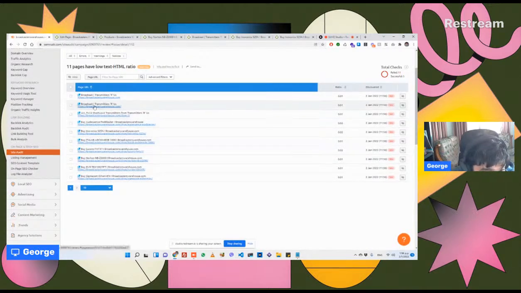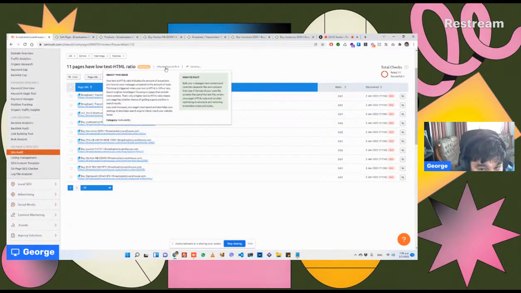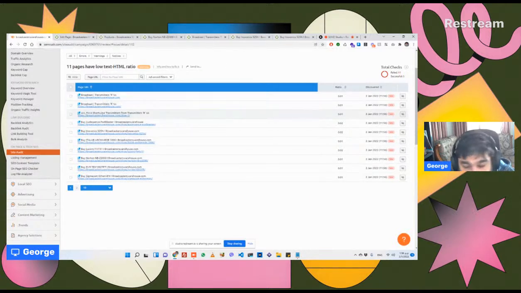It says that this one has a low, and you can click here on Semrush and it will tell you how to fix stuff. So it says to split your web page text contents into separate files and compare their size. If the size of the code file exceeds the size of the text file, which is obvious because, to be honest, the text loaded on a page and the code required for it to run,